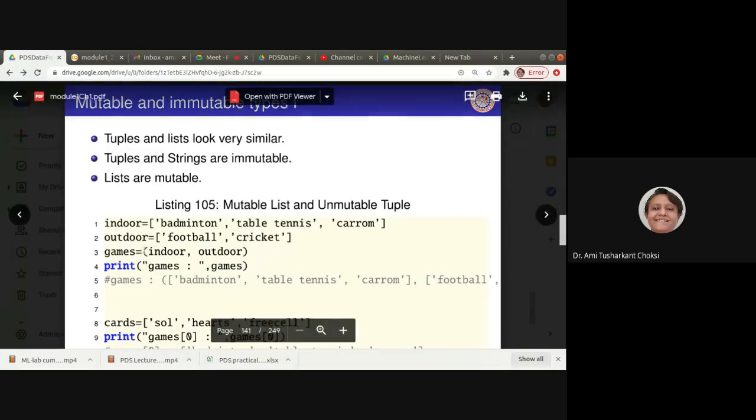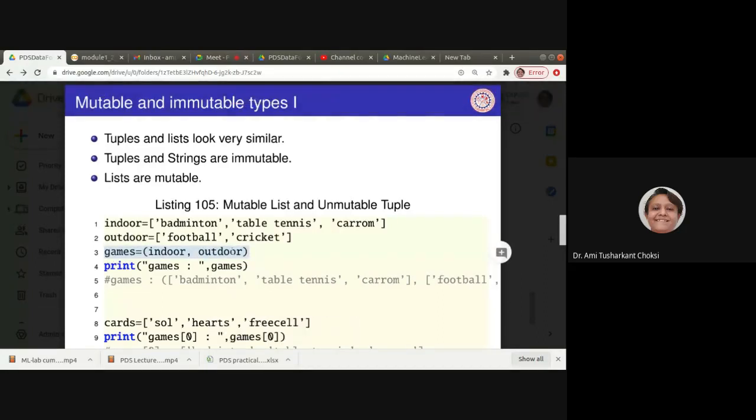You can see here, this is a tuple, isn't it? Because inside the parentheses we are putting something. What are we putting inside? That is lists. Two lists we are putting inside the tuple, indoor and outdoor. And then we are trying to print that tuple. So what will we get as the output?